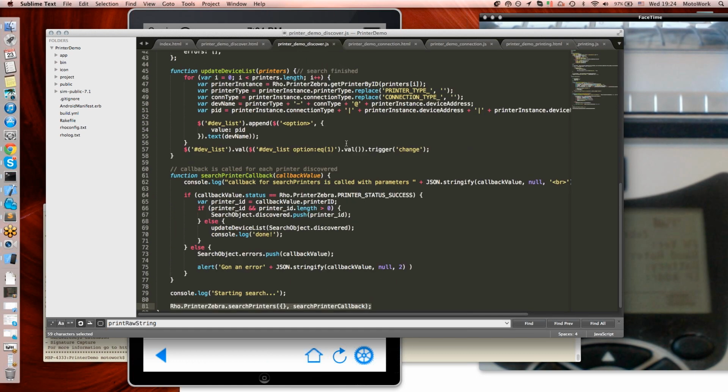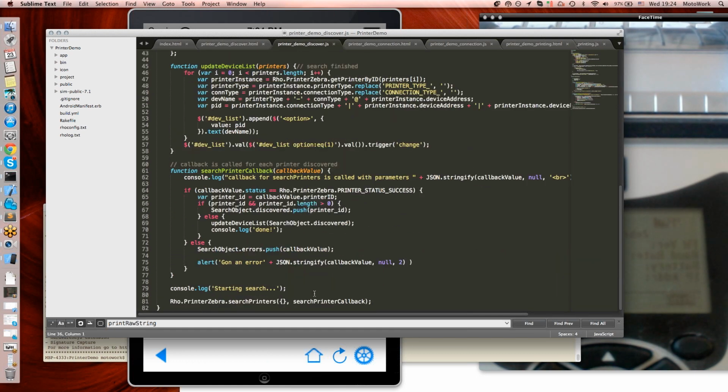In this demo, we will search printers, and after each printer is found, we will call the search printers callback. So what do we have inside it? At first, we check the callback status,